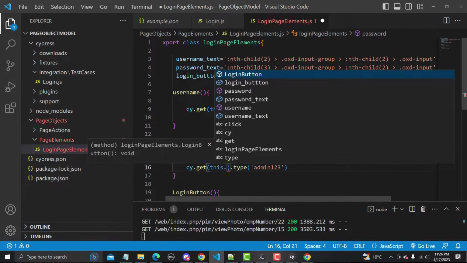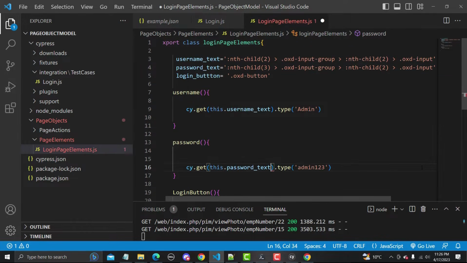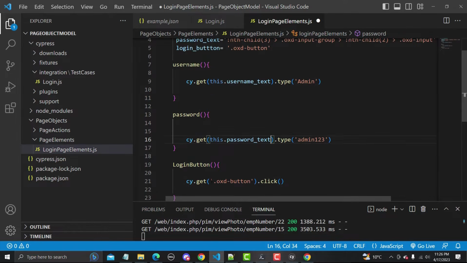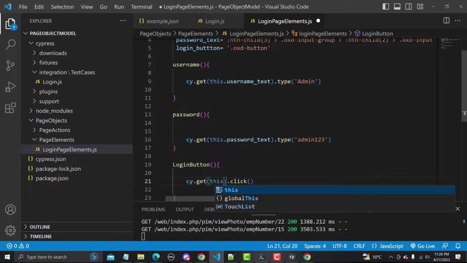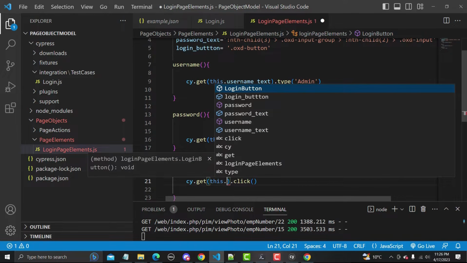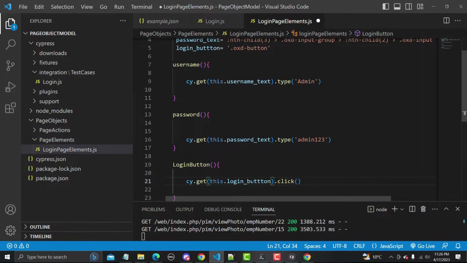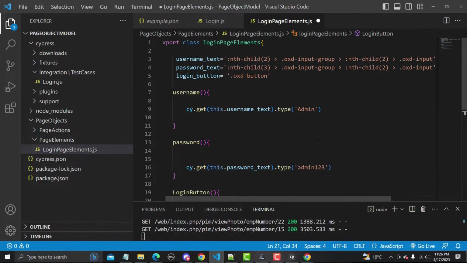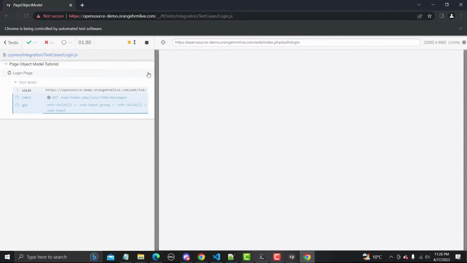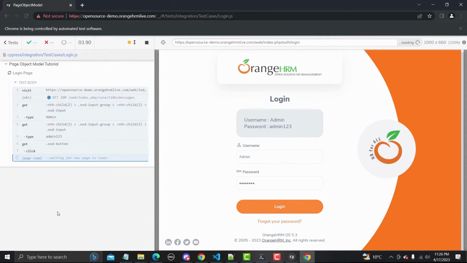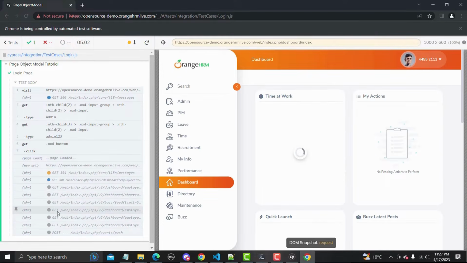So this dot password underscore text, and the third one here is this dot, the name is login underscore button. Yes, so let me save this one and see if our script is working fine or not. Should work, and yes, it's working absolutely fine.